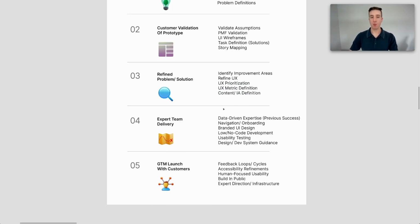So we say, okay, we validated the first round of ideas. We found what we were right about. We found what we were wrong about. So now let's define the metrics and make sure that those pieces are in place. We also define the information architecture, or IA. So we define the information that should be displayed to the user. Let's say there's particular content or things that they need to figure out, right? We want to go ahead and define that and make sure that that is present for the next round of